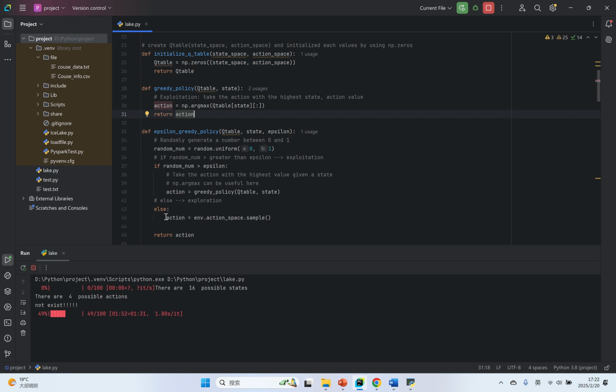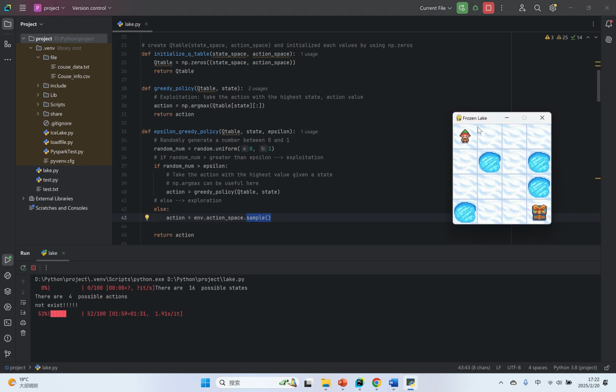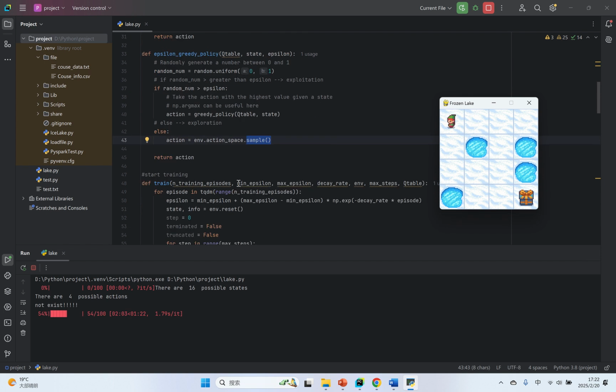But if it doesn't, it will do the random behavior, like the little man moving around in the map. So let's go to the